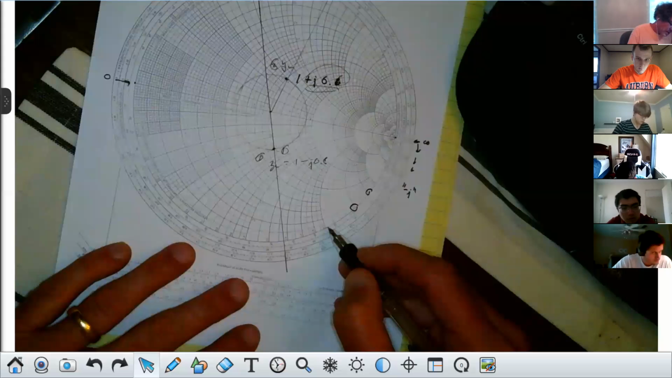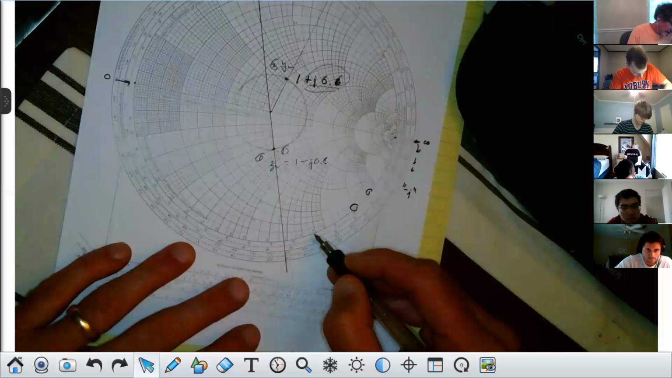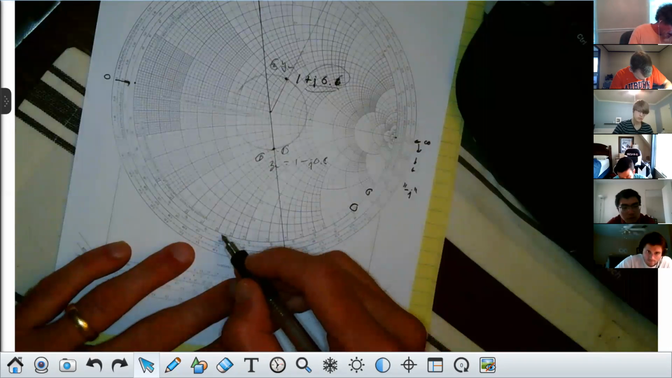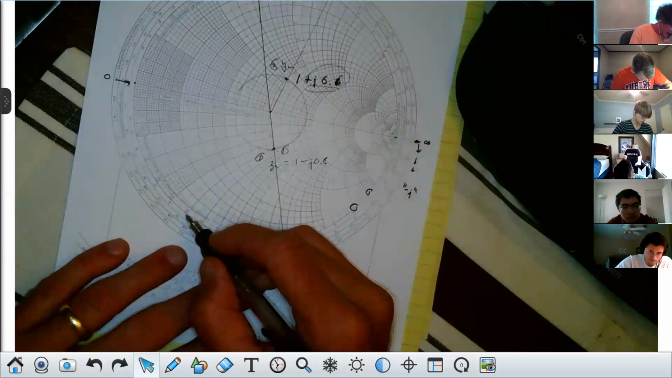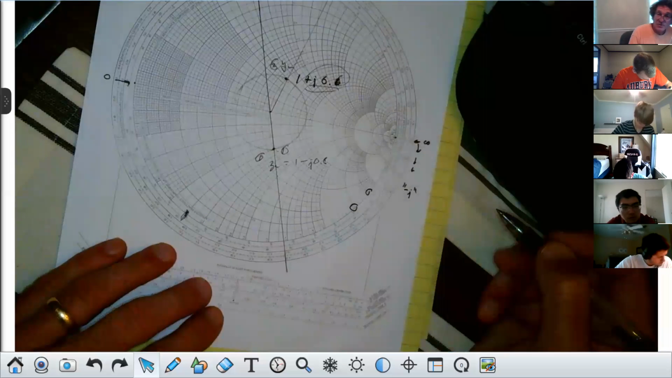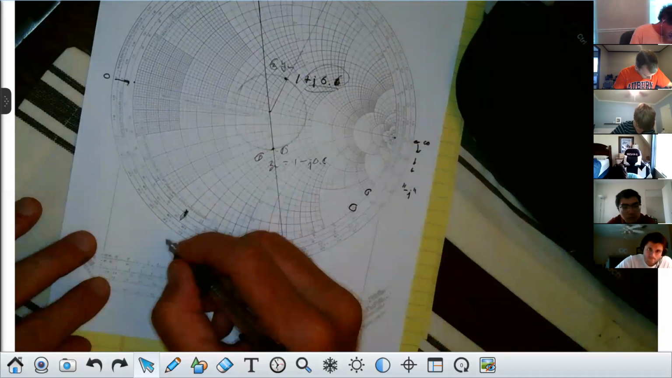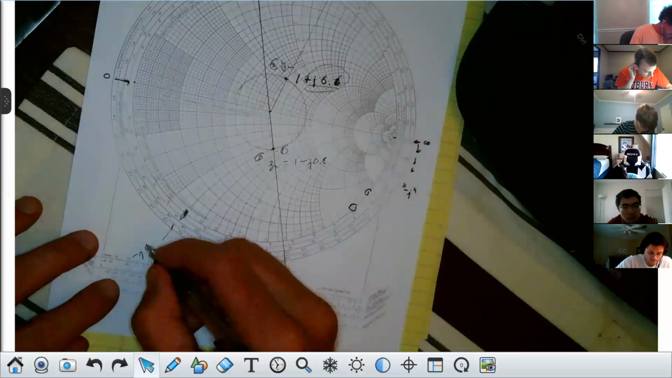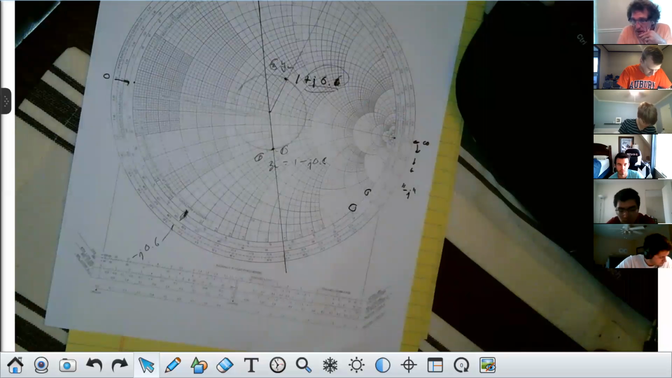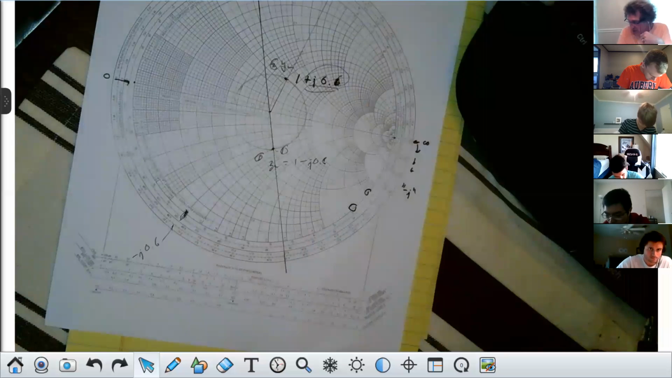I've got 1 minus j1.2, minus j1, minus j right here. Correct, class? That's 0.6, or minus j0.6. This is the point minus j0.6. Can you all see that on your Smith charts, first of all? All right. Now what you have to do,